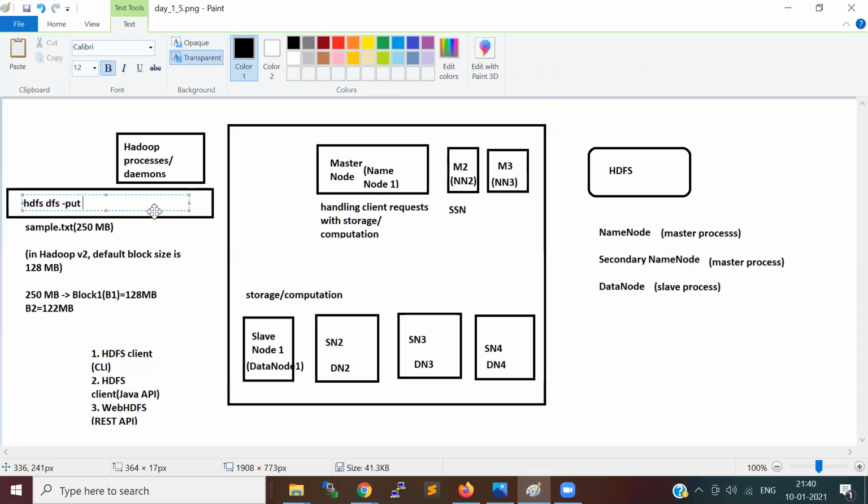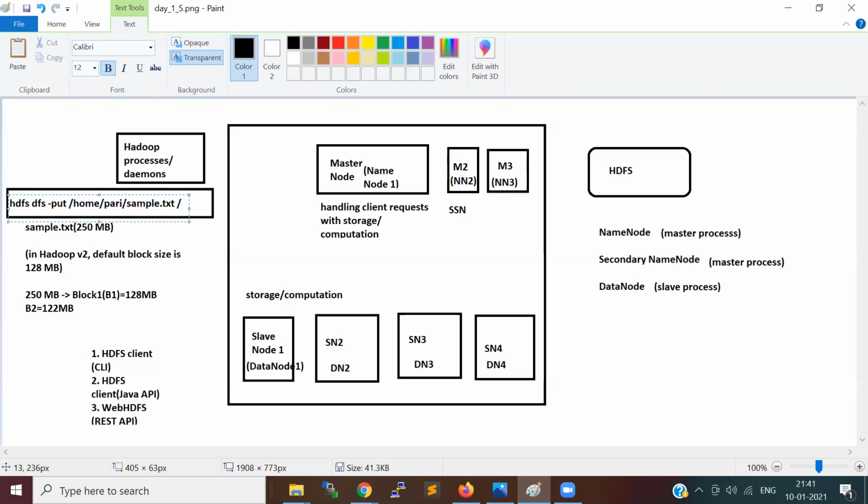So your source will be, for example, /home/par, where par is the user folder, followed by sample.txt. Then for now I'll just give the target as just a slash.